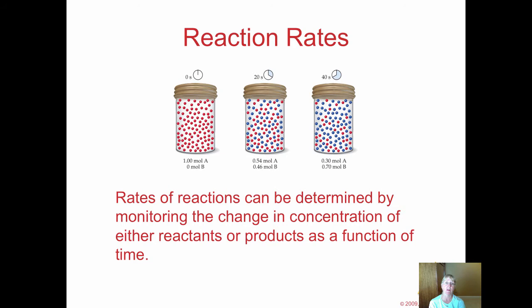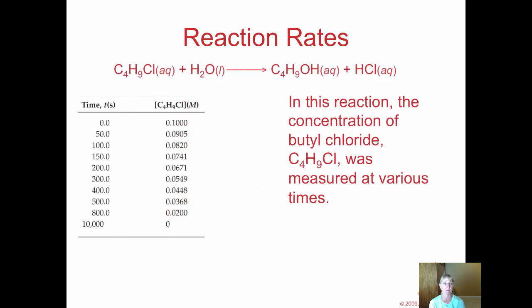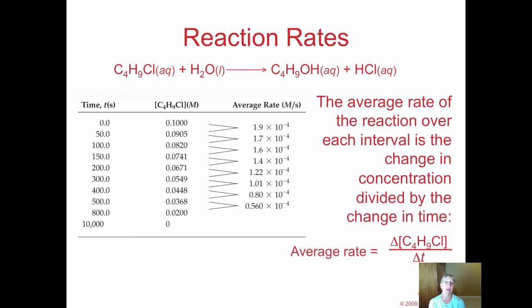You can calculate the reaction rate by either figuring out the change in concentration of a reactant as it disappears or a product as it appears. In this particular set of data, you can see that butyl chloride reacting with water can turn into butyl alcohol or butanol and hydrochloric acid. So we have what we call our initial time and initial concentration of the butyl chloride. Now we take measurements every 50 seconds. And if you measure the concentration of butyl chloride at various times, like we will be doing in our crystal violet lab, you can find the average rate,